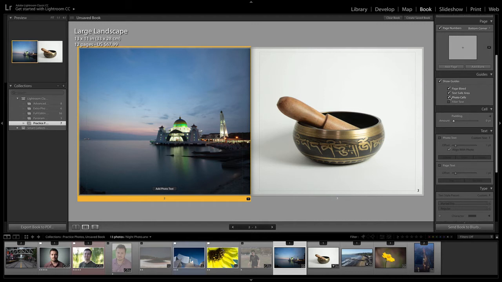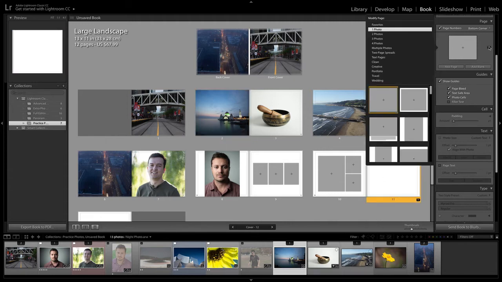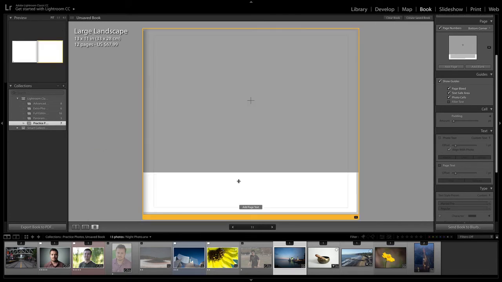If you want to see the photo cells or not, if we go here, we can turn on and off the photo cells. I don't know why you would want to have that off. And then you have your filler text. So if you have a template, for example, with some text, and then we zoom into that page and we turn on filler text, it's just going to create that sort of standard filler text so you can see it right there.